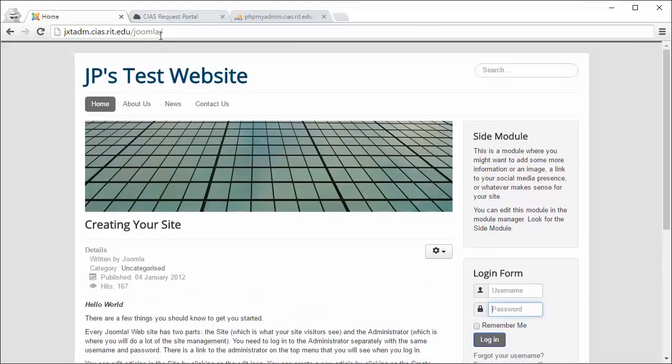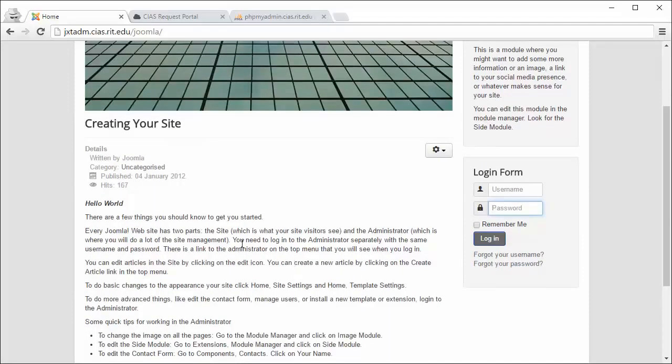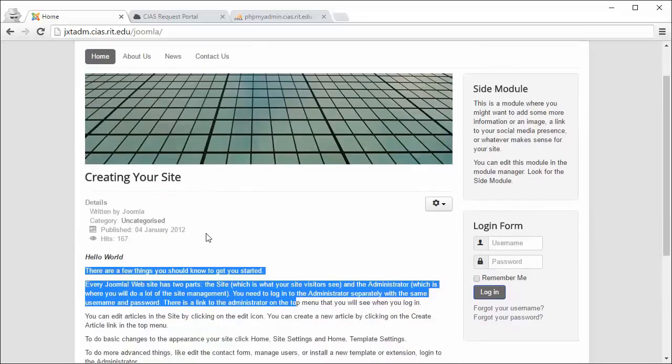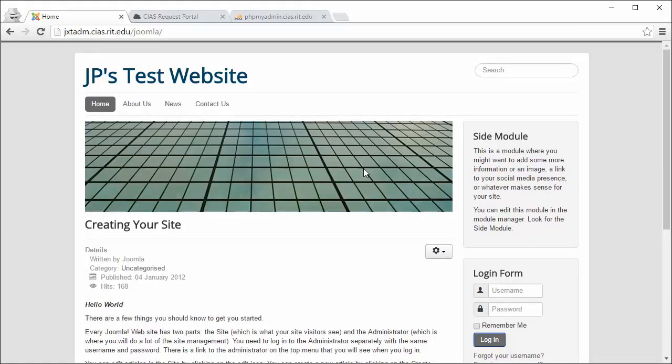But Joomla also has an administrative section, and this is where, as you would guess, a lot of the administration goes on. You can edit a lot of the settings. You can add or remove users. Some of the functionality in the administration is redundant, so you can edit items both in the front end of Joomla and the administrator. However, some of the functionality that you need to configure Joomla is only available in the administration section, and that's what I'm going to cover next.